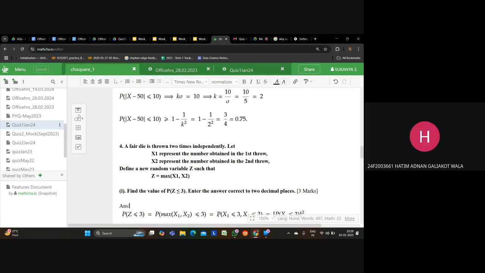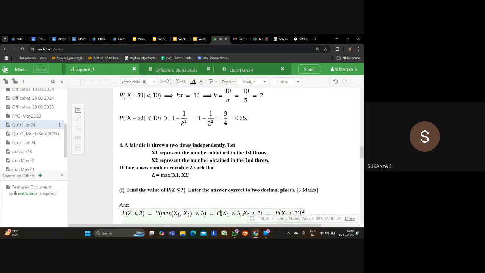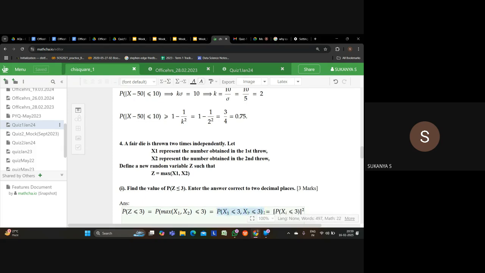Yes. So you are having two independent throws. When the random variables x1 and x2 are independent, what is the joint probability going to be? When x1 and x2 are independent, what is the joint probability of x1 and x2? Multiplication. Yeah, perfectly. It is probability of x1 into probability of x2. It is a product of marginals, right?